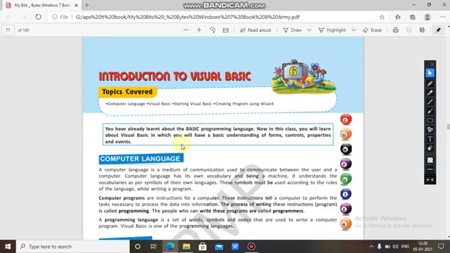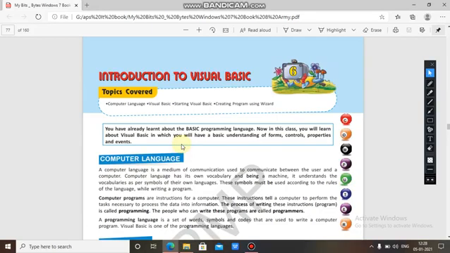Visual Basic is one of the programming languages. With the help of that, we are going to develop a program and create software. So let's see what Visual Basic is.